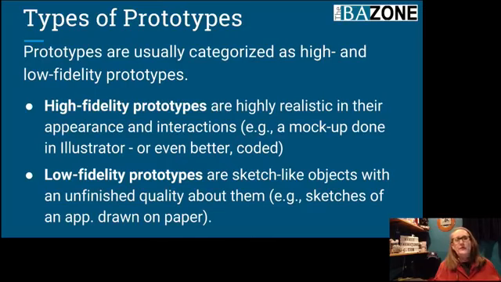so there's basically two levels of prototypes. Of course, there's shades of gray in between. But basically, you have the low fidelity. I think these should be the other order. Low fidelity is where you start. So that's the rough sketch, the scribble on the board. It's just something rough. There's not a lot of details, not a lot of polish, and they're the ones that generally get thrown away because that's what they're intended for. They're intended to quickly throw the ideas around, get everybody looking at them, and then move on.